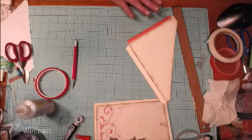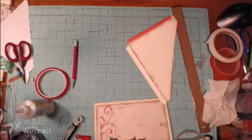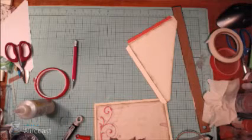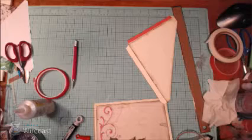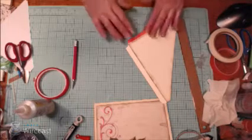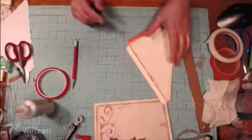She likes lavender. I haven't used much of that color, but I have been looking. Aw. Lavender. I like,